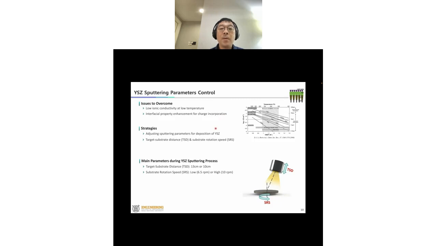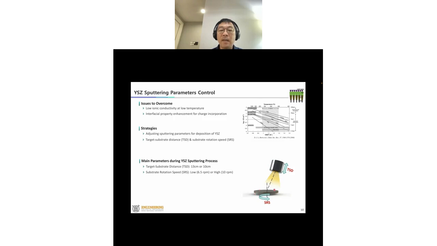To achieve that, in a typical sputtering process we have to employ a special configuration, because the normal sputtering process cannot achieve the fully dense or crystalline structures that we wanted. The method that we employed is changing the distance between the target